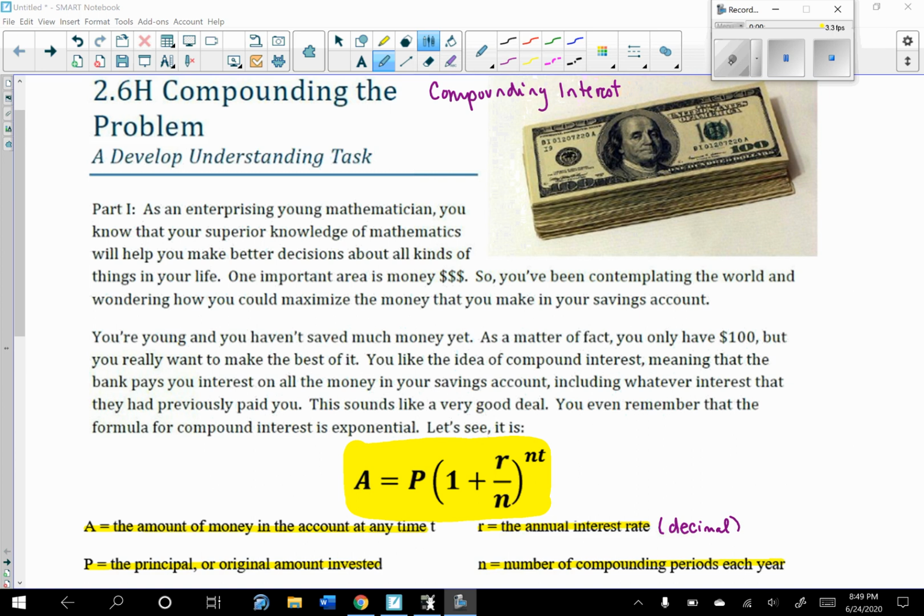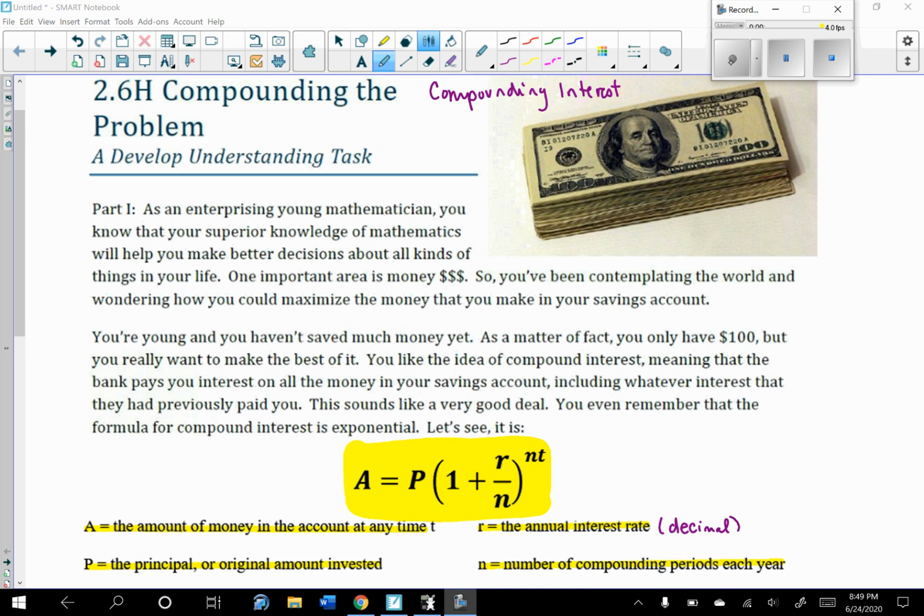Today we're going to talk about compounding interest. Part 1. As an enterprising young mathematician, you know that your superior knowledge of mathematics will help you make better decisions about all kinds of things in your life. One important area is money. So you've been contemplating the world and wondering how you can maximize the money that you make in your savings